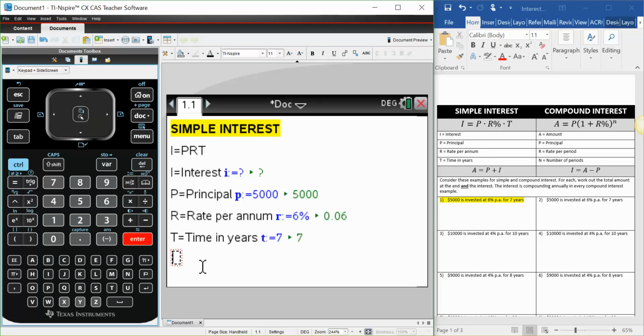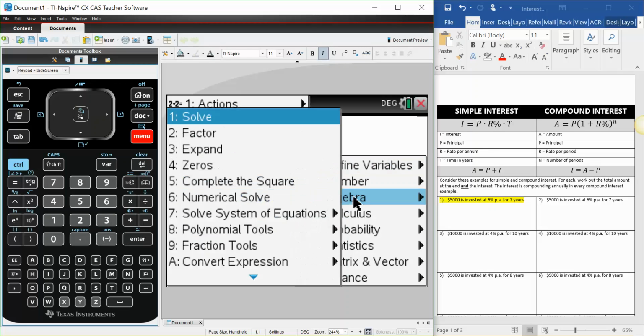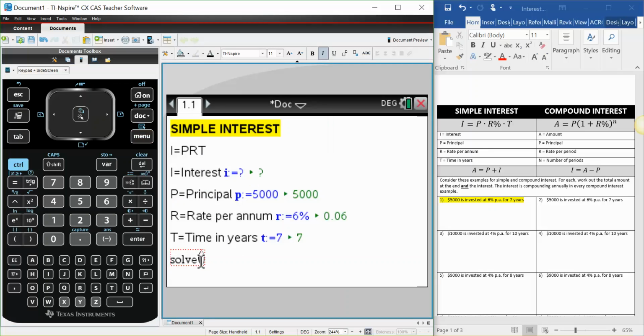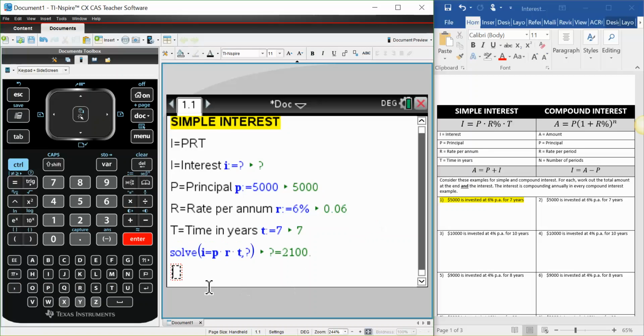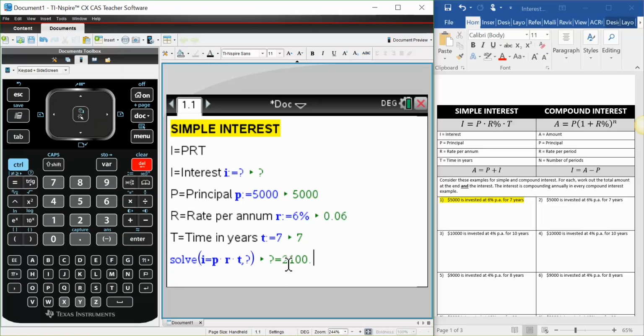We need to solve this. So we do exactly that. We either type solve, or we go to menu, calculations, algebra, solve, and that comes up. All we need to do now is type in the actual initial equation. So I equals P times R times T, comma, question mark, because that's what we're trying to work out. Hit enter, and we can see that the answer is 2,100. So the I, the interest, is